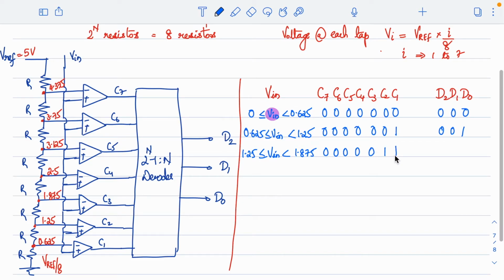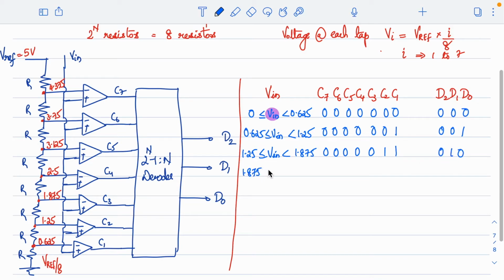So this is why we call this thermometer code, right? So for all the values higher than the input, it is actually giving you a 1. Lesser than input, it is actually giving you a 0, right? When your input is greater than the reference, you are getting 1. Otherwise, you are getting a 0. That is what is reflecting here. So this will result in 0, 1, 0. Similarly, we can write for the